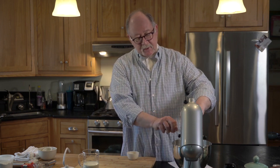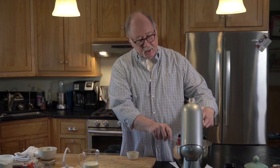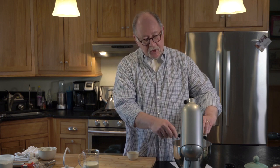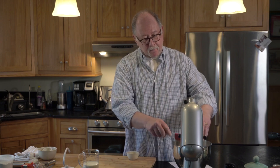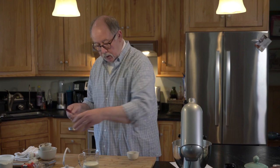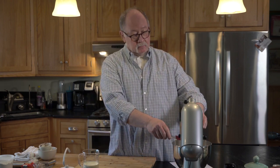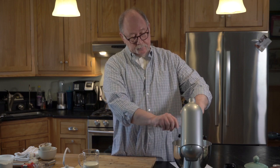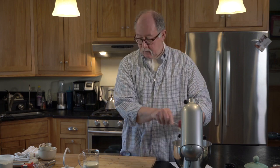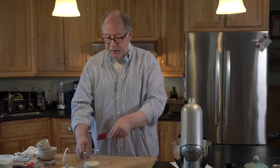Notice that you don't have to mix anything up ahead of time. You just put everything right into the bowl. Just make sure you get it all out of there. Okay. We have 2 tablespoons of melted butter. Goes in. And then in this container here, I have